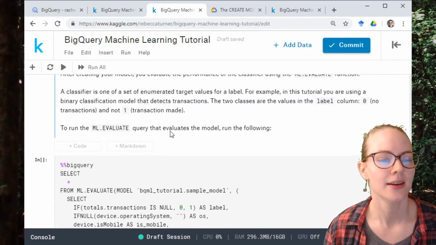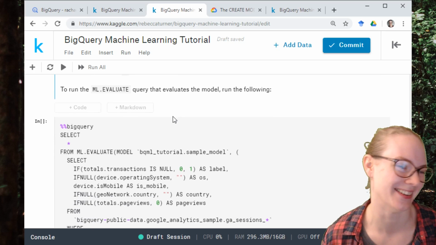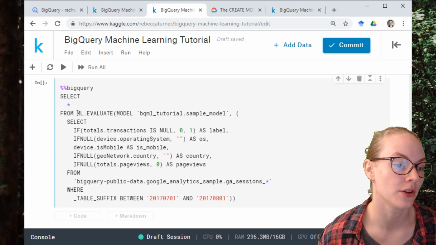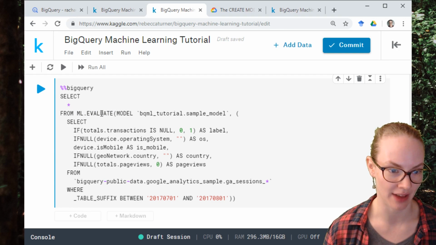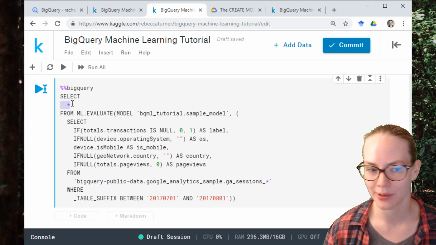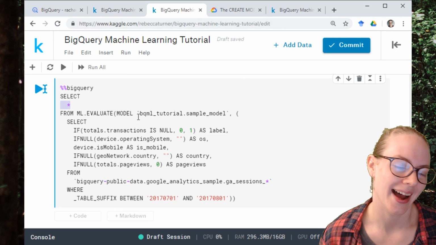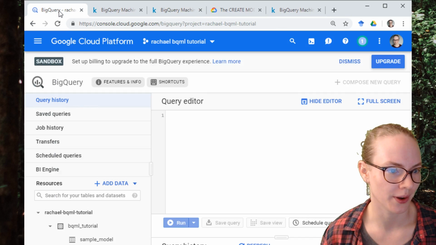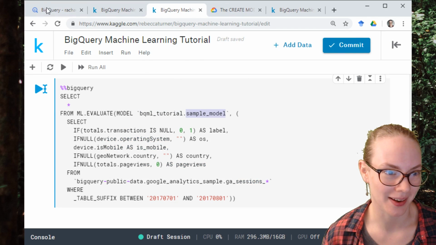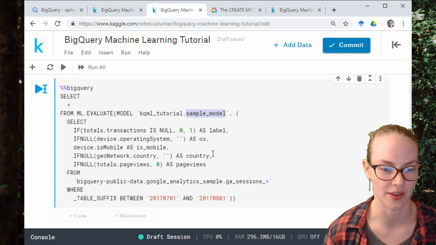Okay, so we didn't have to do a lot, but how did the model do? How are those defaults doing? In order to evaluate the model, we are going to use this ML.EVALUATE function. You can see that we're using select star, not something you generally want to do, but the model evaluation is not that big, so we should be fine. It should not be a problem. And then the model is the BigQuery tutorial sample model. And then you actually just repeat the information that you gave the model originally. So if we run that,